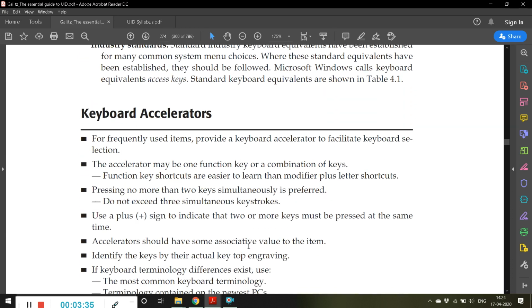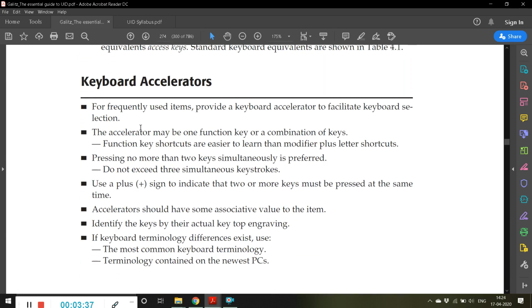Then keyboard accelerators. For frequently used items, provide a keyboard accelerator to facilitate keyboard selection. For example, most of the function keys, F1, F2, F3, F4, F5. F5 is basically used to refresh the screen, F4 is used to close everything, F3 is used to increase the volume, F2 to decrease the volume, F1 to mute.